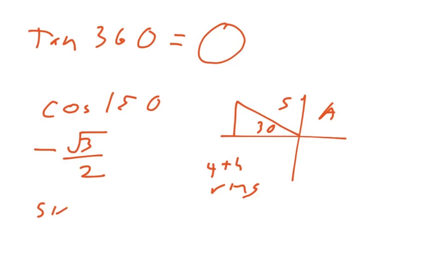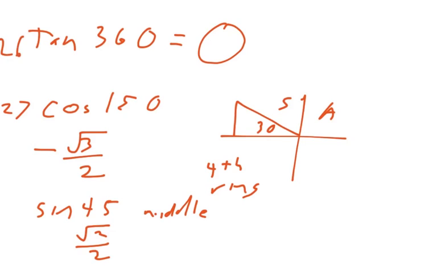When I do the sine of 45, this time I pull down the middle finger, so that's 45. And we have 2 fingers below, and you still see the palm, so we have the square root of 2. So 26 was 0, 27 was negative square root of 3 over 2, and 28 was the square root of 2 over 2. For number 29, it says we are going to 3, negative 4,